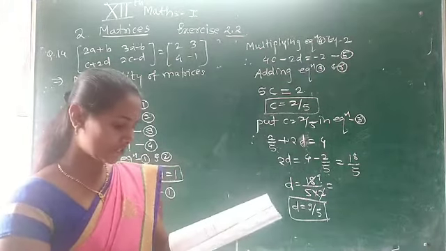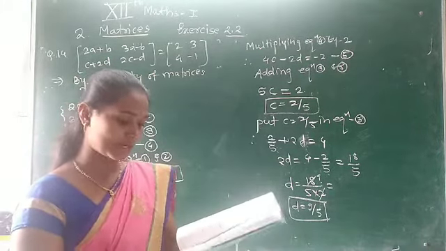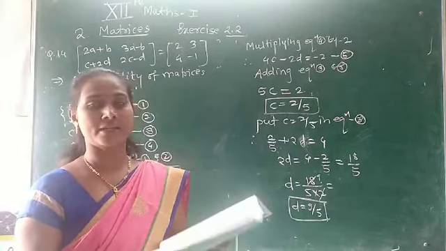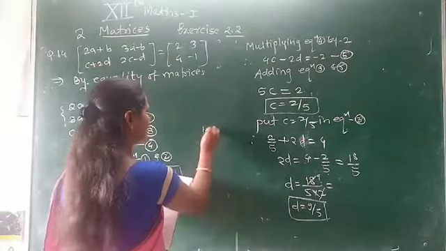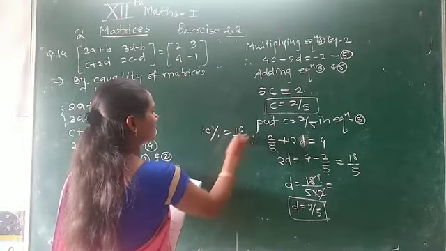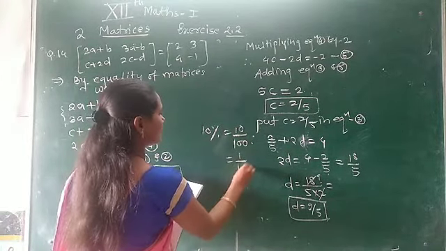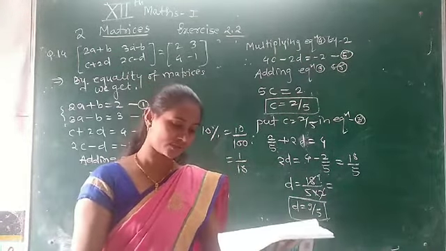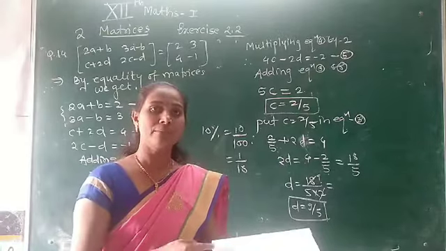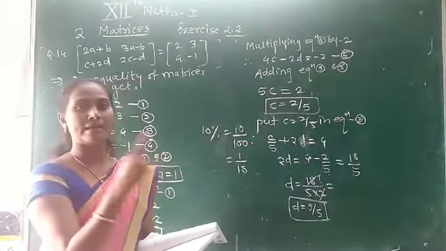So which matrix for August? That is matrix B. So multiply the matrix B by 10%. What is meant by 10%? That is equal to 10 upon 100, so we will get 1 upon 10. So for finding the 10% profit in August 2017, we multiply matrix B by 1 upon 10.